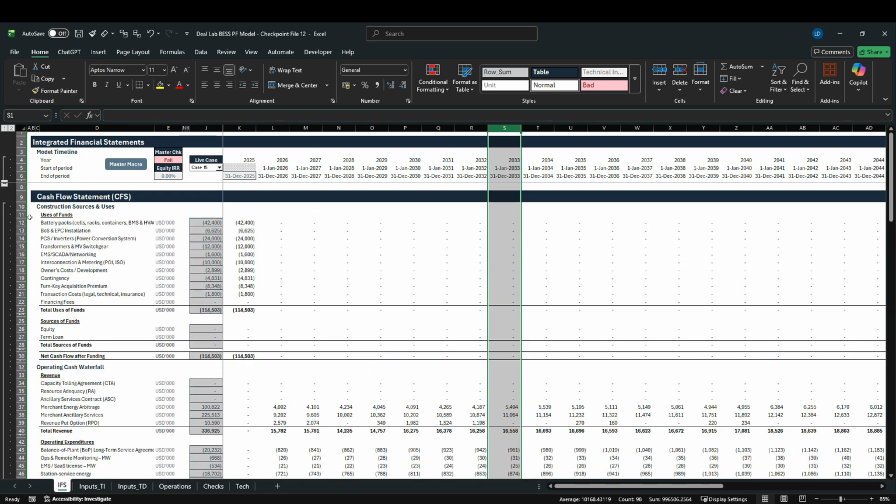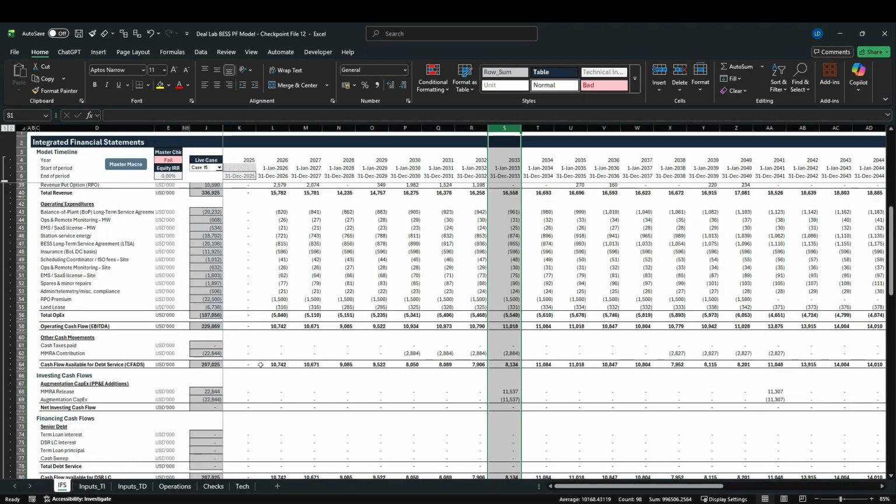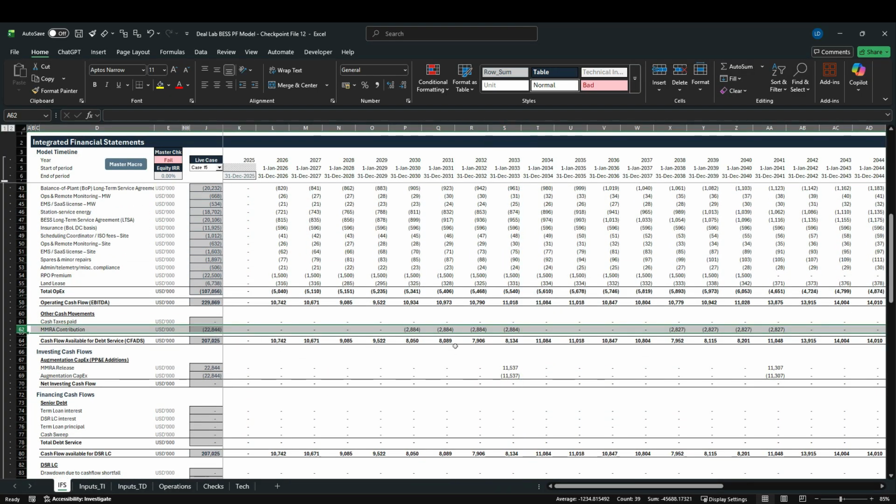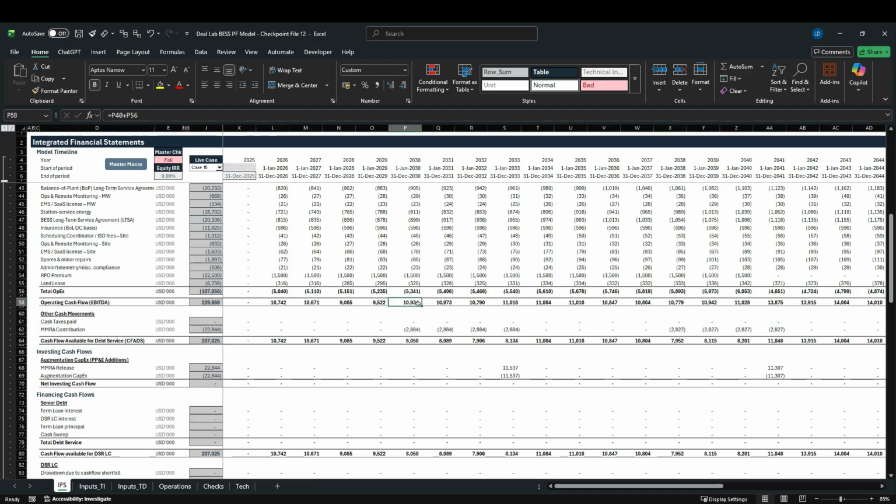And you can see that once we start in our cash flow statement, after our revenue and OPEX, we take out our MMRA contributions, which reduces our operating cash flow. And you can see that actually right here, the actual expense would be in 2033, 11.5 million. And the operating cash flow in that year is actually just $11 million, which means that without an MMRA, we would actually not have enough cash. So that's why we spread out this cost over a period of 4 years. So each year our operating cash flow is reduced, and that will give us our CFETs,